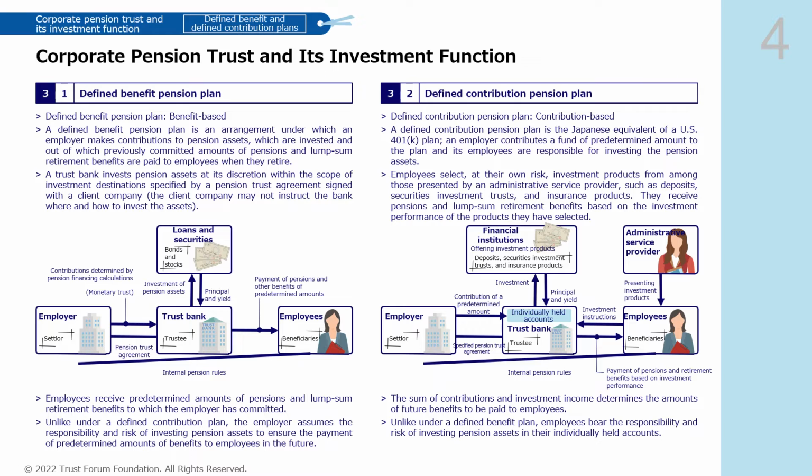compounded by the collapse of the Lehman Brothers in 2008, combined with ultra-low interest rates, made it difficult for many businesses to achieve anticipated investment income from their pension assets. As a result, their pools of pension funds began to fall short of what they should have been. Employers now needed to increase their contributions to the pools to make up for the shortfall, which would place a heavy financial burden on them.